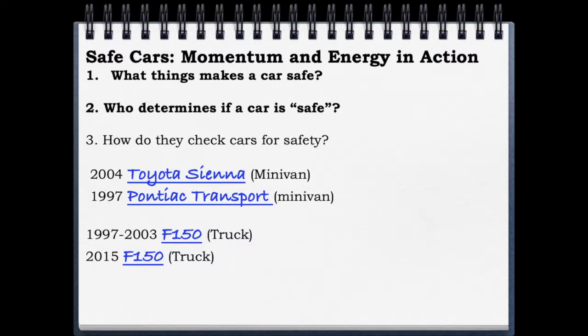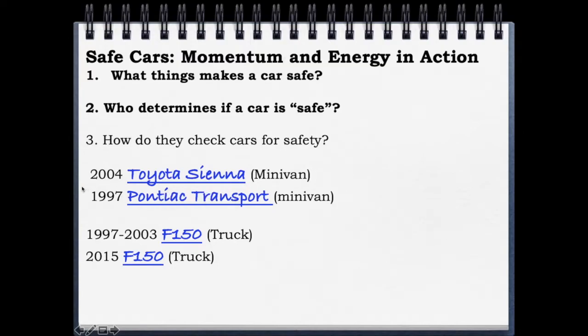Who determines if a car is safe? There's 2 primary groups. The government has a group called NHTSA. Basically, it's a government agency that crashes most cars at different speeds. And then you have a private group called the Insurance Institute for Highway Safety, or IIHS.org, and that's insurance companies that basically got together and said, hey, we want to verify which cars are the safest. And those are the 2. If you ever see a star rating, like this is a 5-star crash test, that's the government. If you ever see a group that's saying this is a good crash test, that's the Insurance Institute. So when you buy a car someday, make sure you look it up on both to make sure both sources say you have a safe car.